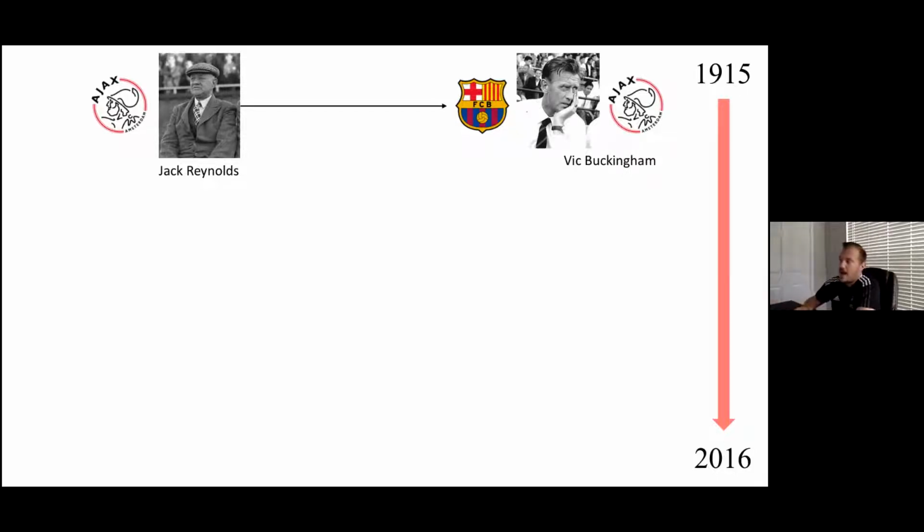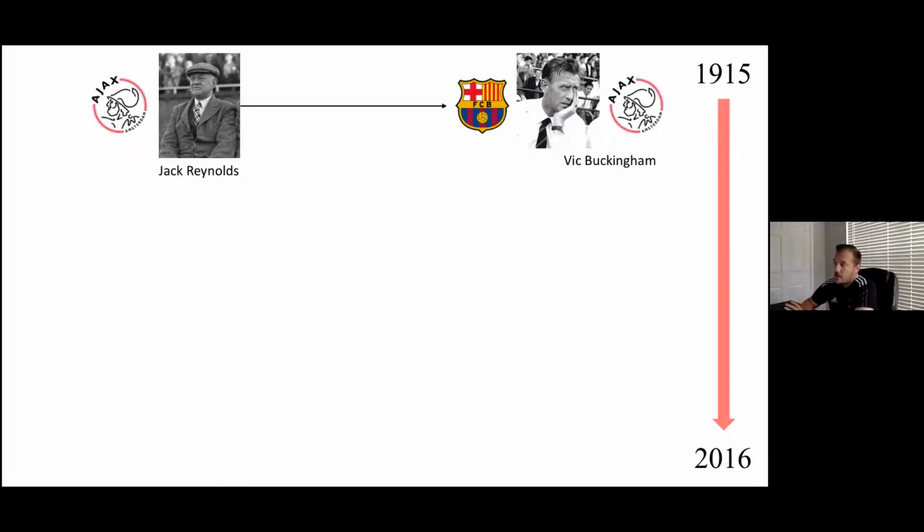He takes over Ajax, after starting his career in the United Kingdom, after Jack Reynolds. The connection there is obviously the style of play and being British, taking over from him. In a preseason friendly against FC Barcelona, in the 60s at this point, he really impresses them with his Ajax team, with his style of play, with the passing and possession that was developed all the way from Queen's Park into what he is now.